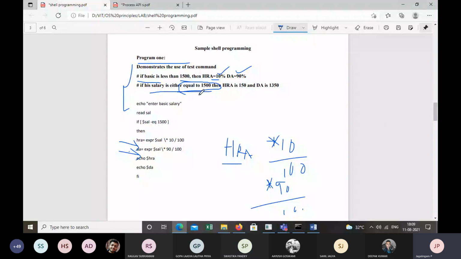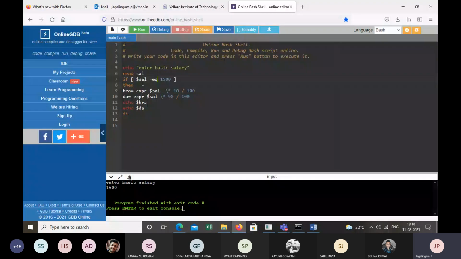Yes. Now, if you want to find the HRA and DA for the basic salary 1,500, what symbol do you use here? In line 7, we use hyphen EQ, that represents equal. I want to calculate less than 1,500.